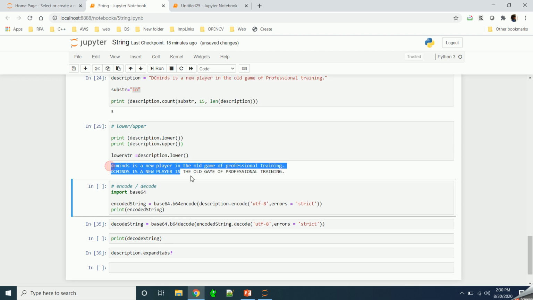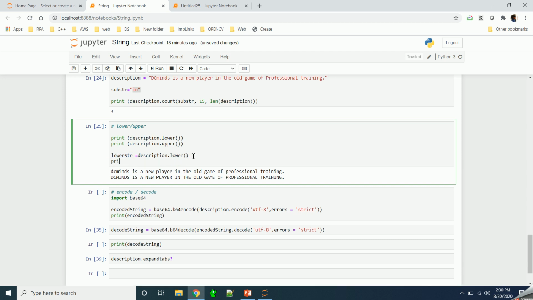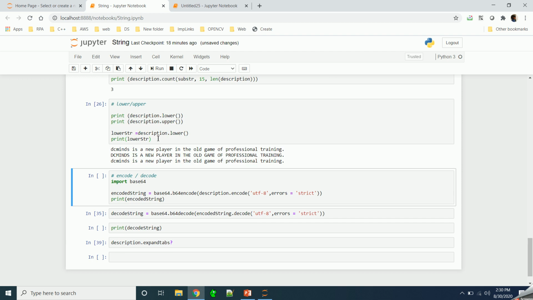If you see, all the characters are printed in lowercase because this does the lowercase conversion, and here all the characters are converted into uppercase. You can even use the lowercase function, convert the value and store it inside a variable for later use. Now I can print it or perform some other operation. So this is lowercase, so it is giving lowercase.